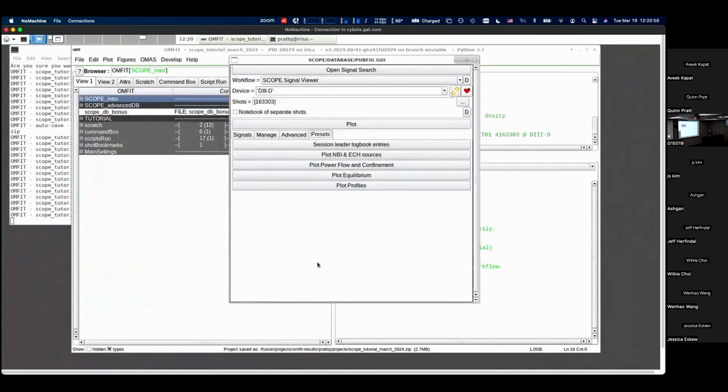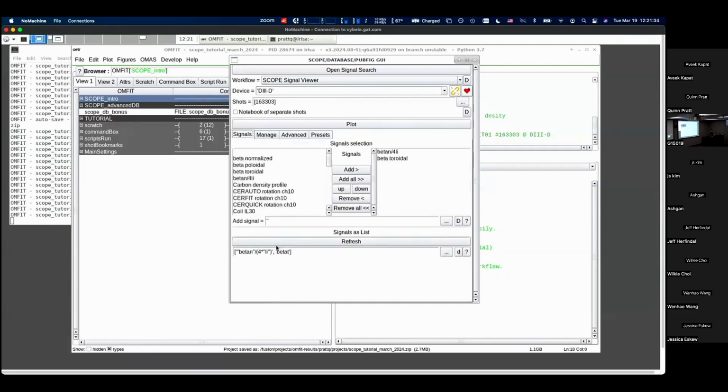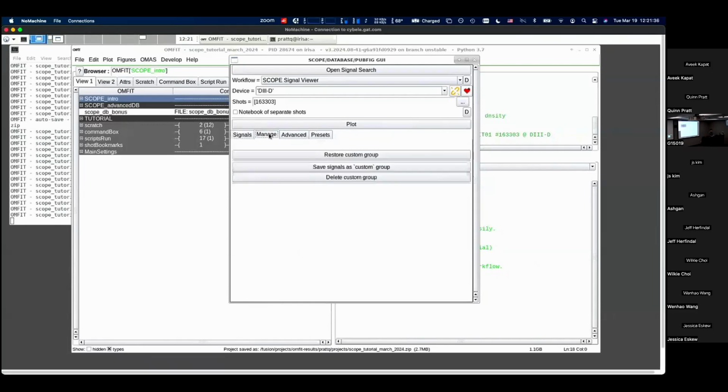Hi, yeah, my question was if you've been using Review Plus beforehand and you have a saved Review Plus file with your saved signals, is there a way to import that into OMFIT? I know with it being IDL based, it might be difficult, but just curious. Not that I'm aware of, but they're .rev plus, its own format for saving that. So I would venture to say no, but with 5 to 10 minutes, depending on how many signals you have in your plus, you could make your own, with all your point names down here, and you could label it